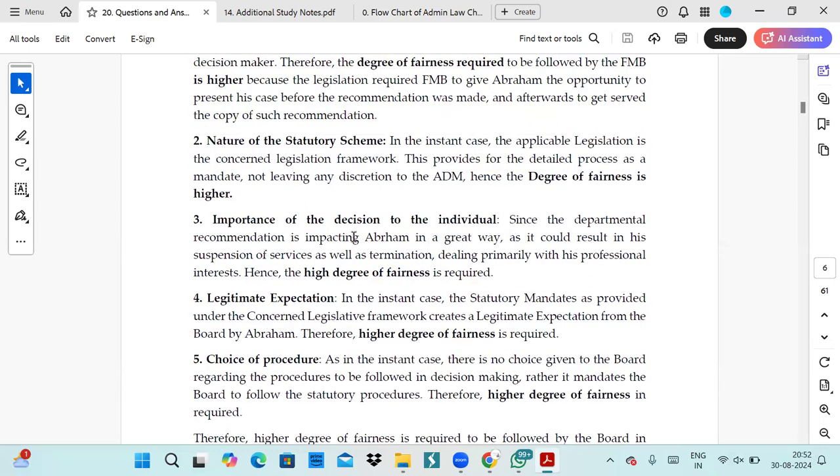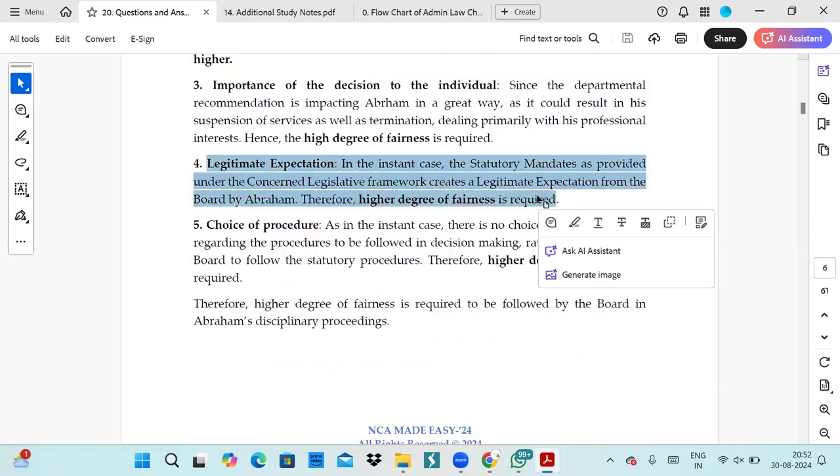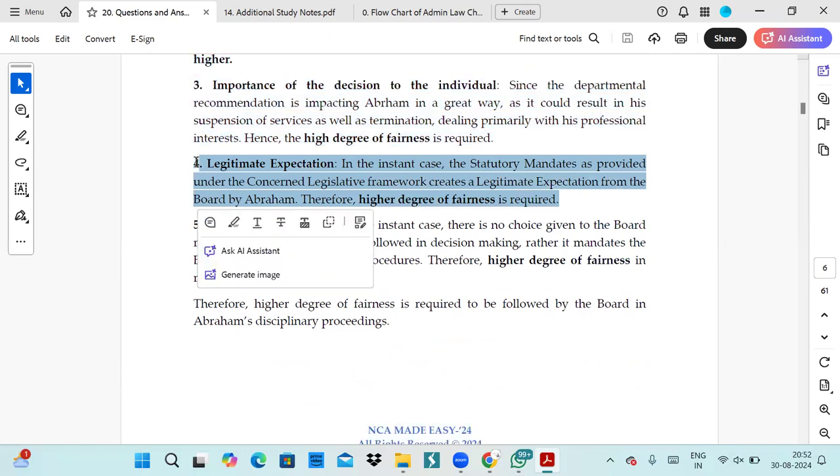Then importance of decision to the individual we covered. Then coming to legitimate expectation. So there are now two ways of writing legitimate expectation. One is that when you're dealing with a Baker synthesis only, you explain everything that is in the case about